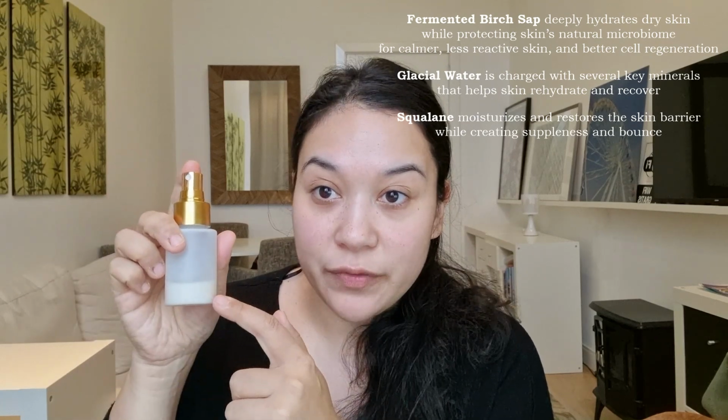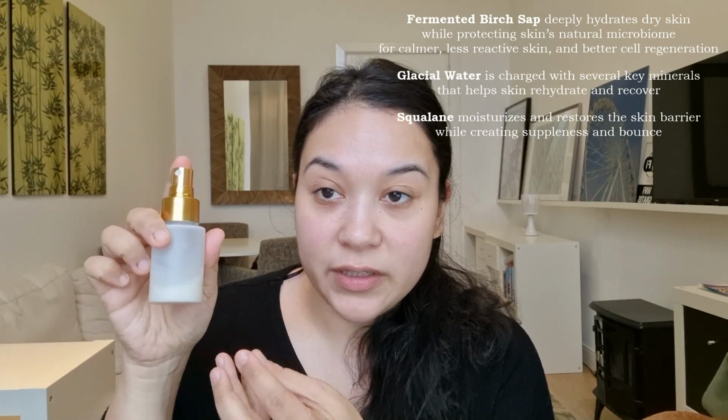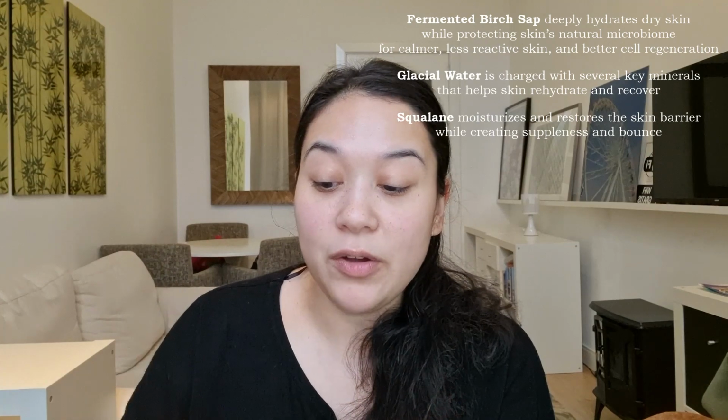And I got the miniature version, and you actually see it in here. It's very liquidy and it looks like milk. You can put this on a cotton round. I tend to put this on my hand because the cotton round will soak up some of the product. Now I have quite a bit of experience with this now, and I'm going to tell you that I love